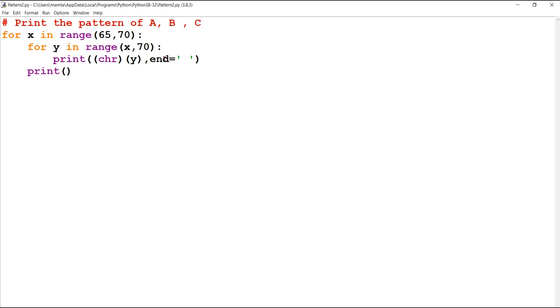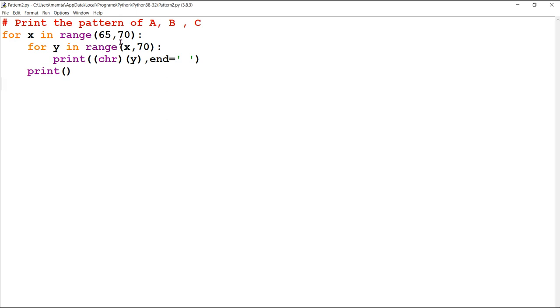We have the concept of ASCII value or Unicode value, that is every keyboard character has a fixed ASCII or Unicode value. So Python supports Unicode. A's value is 65. Then B, capital B.